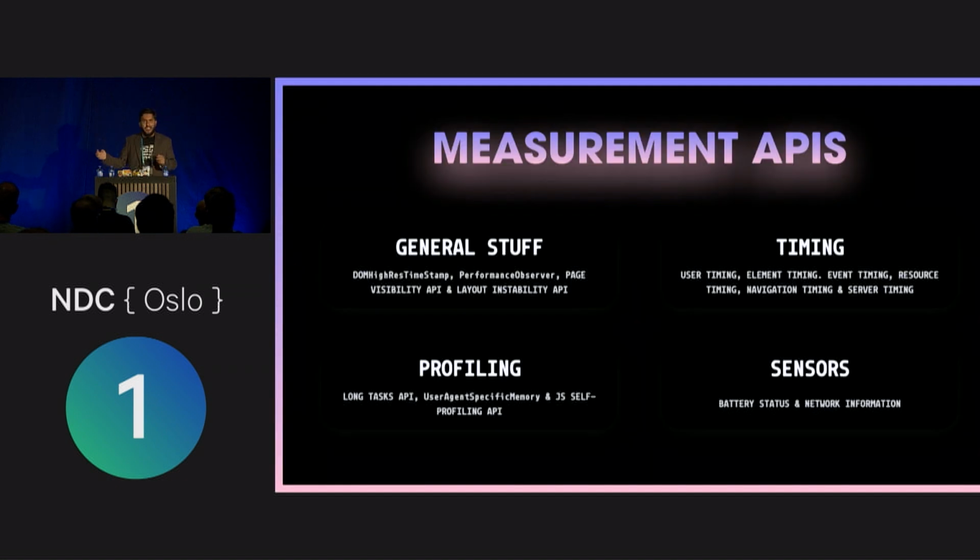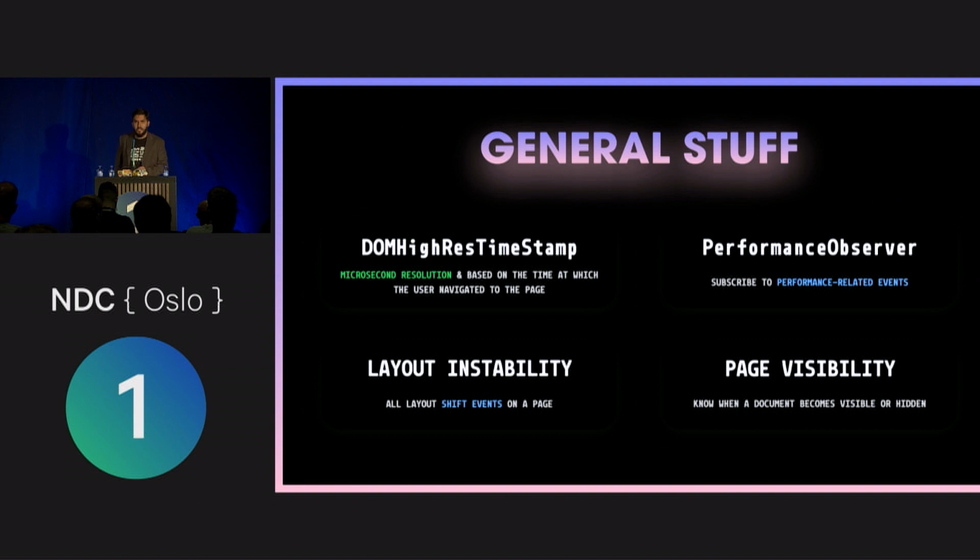To make it easier, I gathered 4 different groups for that. We have the general stuff group, and those are going to be APIs that are the basis for the other APIs we'll see. Then we have timing APIs, which are basically about figuring out how much time something takes. And then we have profiling and sensors. So, starting with general stuff,